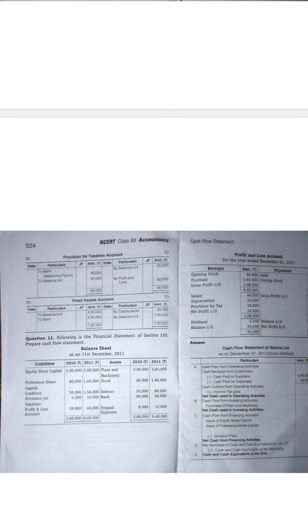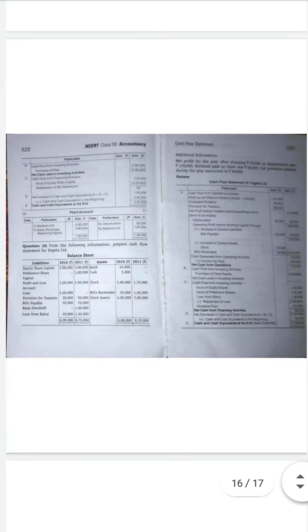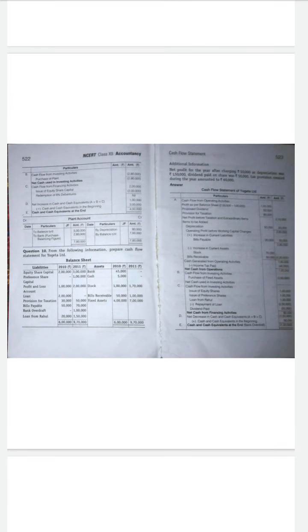Okay, so now come to the cash flow statement. They indicated that the purchase of fixed asset is 3,50,000. So 3,50,000 is going outside, so they are putting it in brackets. Bracket means the amount is reduced, a negative balance. Instead of putting minus 3,50,000, they are putting the bracket. If there is a sale of fixed asset, the amount will come inside.